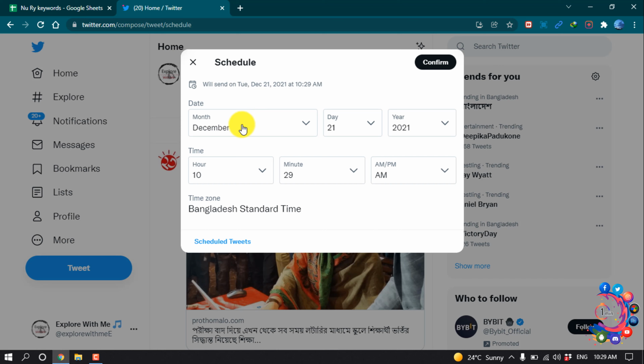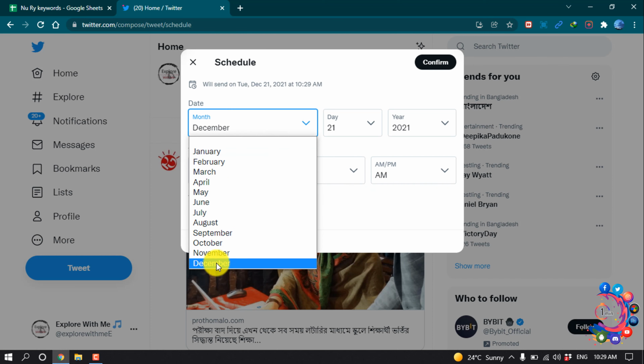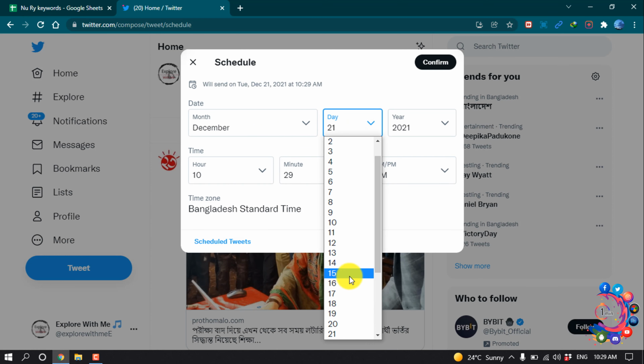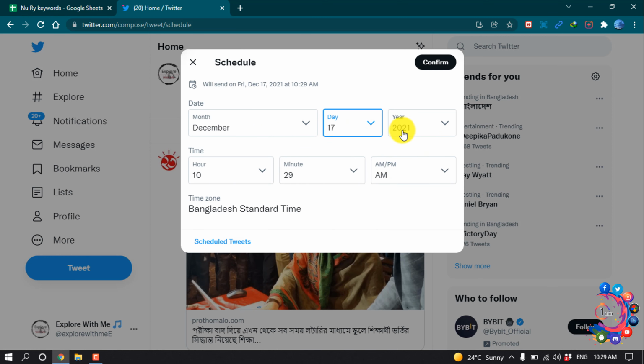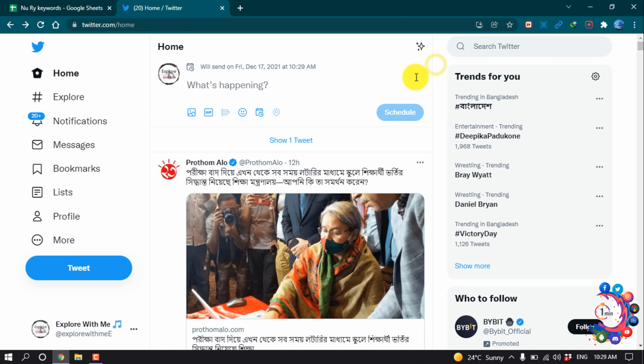and after that here you have to select your schedule date, day and the year. Also you have to select the time in hour, minute and seconds. So let's set the time from December 17 and year 2021, and hour will be 10 a.m. Okay, after that when it's set up, click on confirm, and after that now you have